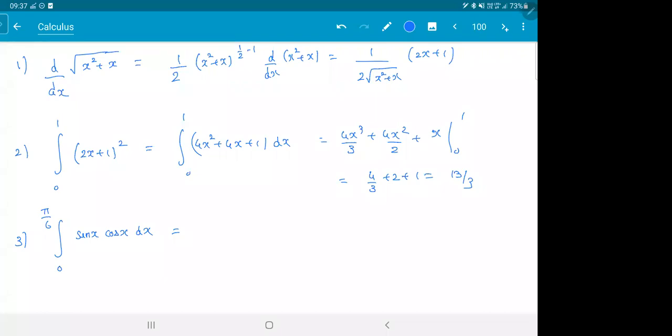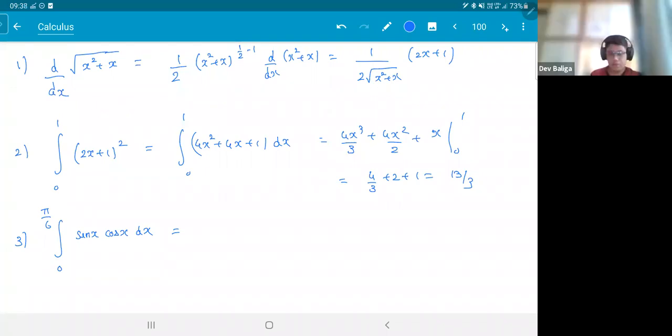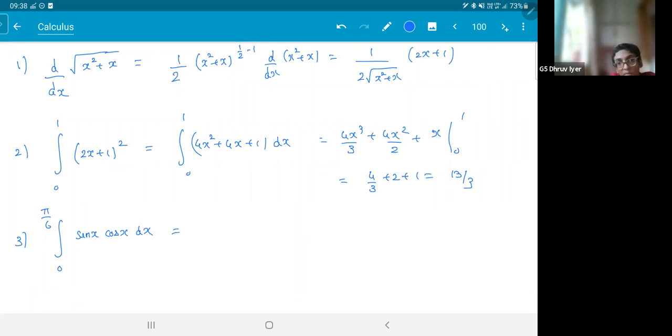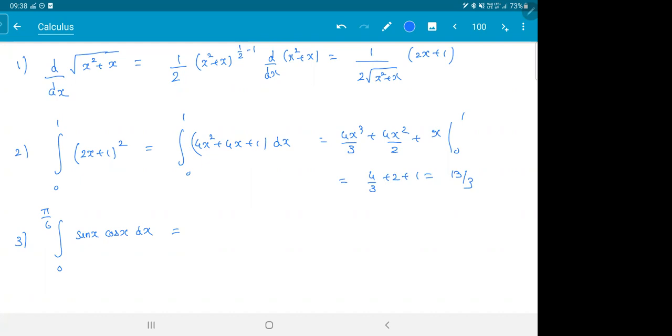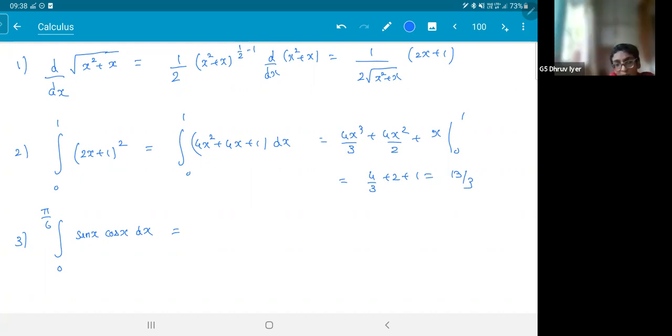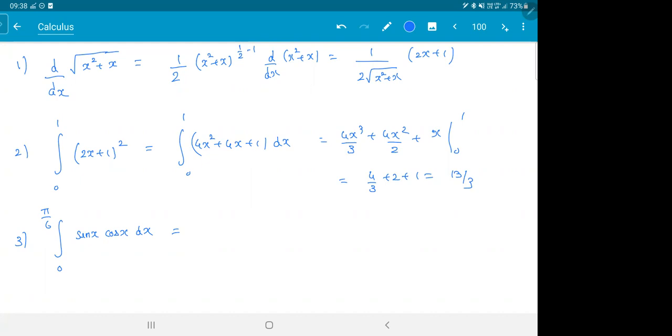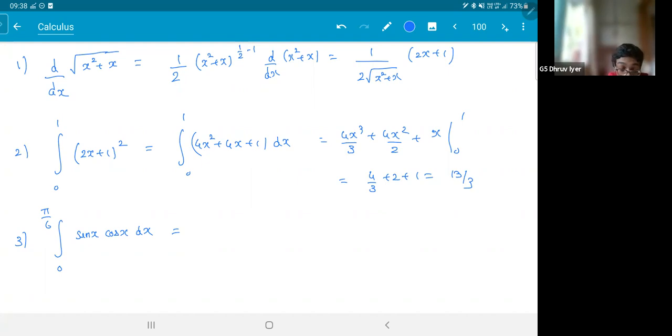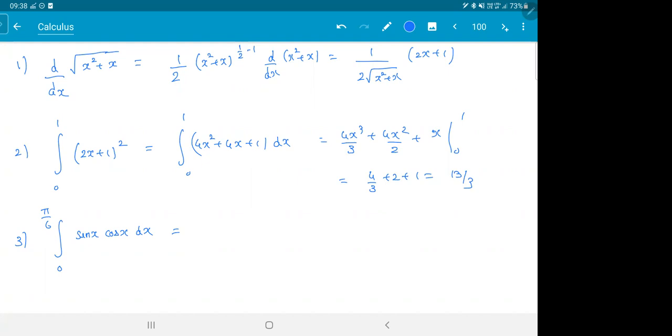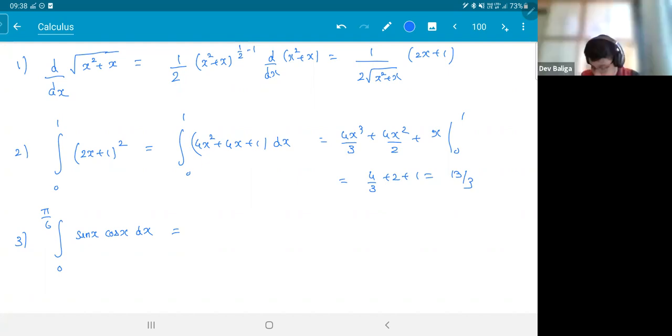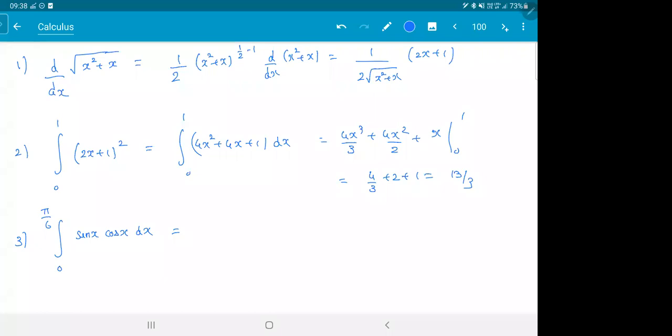How will you do integral of sin x cos x dx? Minus cos x, right? How will you do sin x cos x? Sir, we will take sin x outside, multiply. How can you take sin x outside? Is sin x constant? Oh, sorry, no. We'll differentiate sin x, right? We'll get minus cos x plus sin x. What are you talking? Is there any formula for sin x cos x? What are you guys doing? Why are you taking sin x outside?